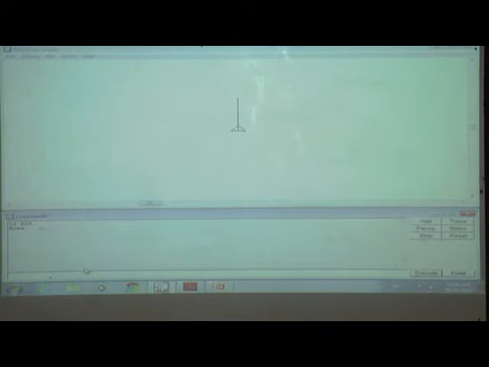Now, where is the input box? Yes, it is the input. And where is the recall list box? From here to here. What is in the recall list box? FD 100 and home. Then we want to clear it.